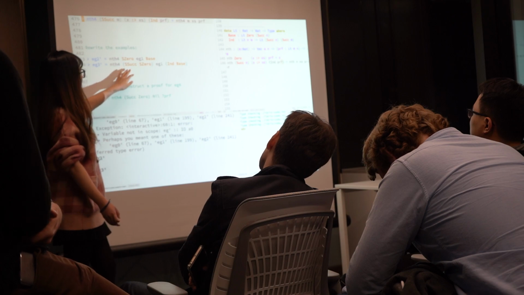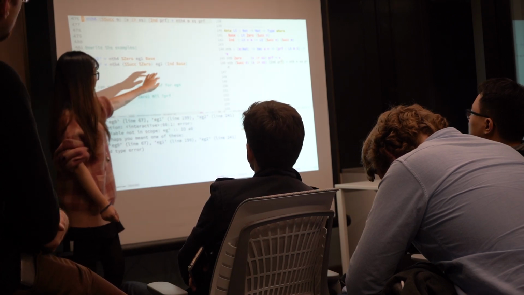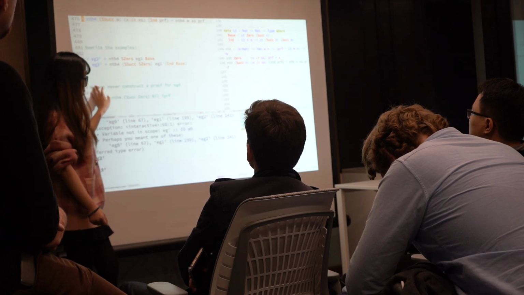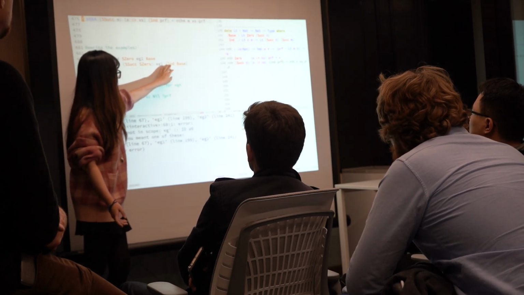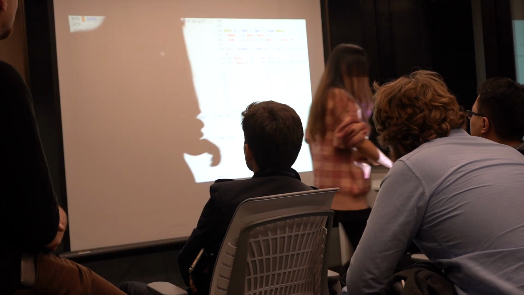But maybe we want to show that 999 is smaller than 1,000, and then we are going to provide a very long list with 999 in the base. So we want a way to optimize it. So in Idris,